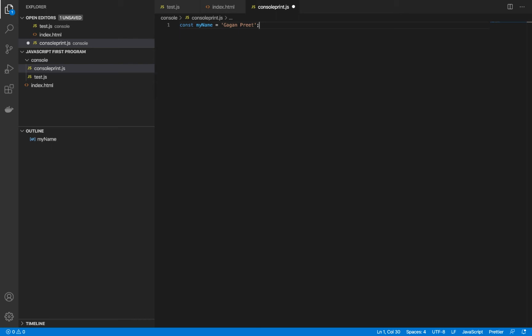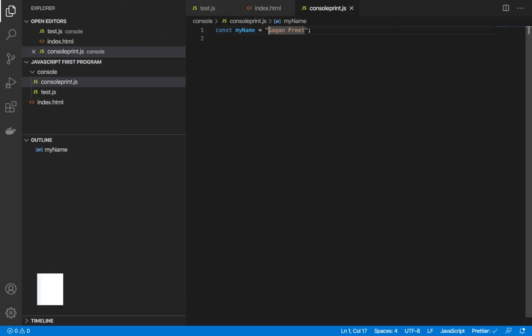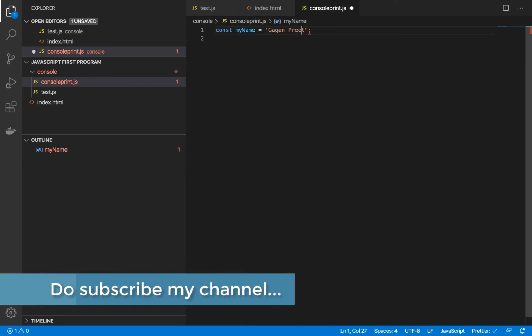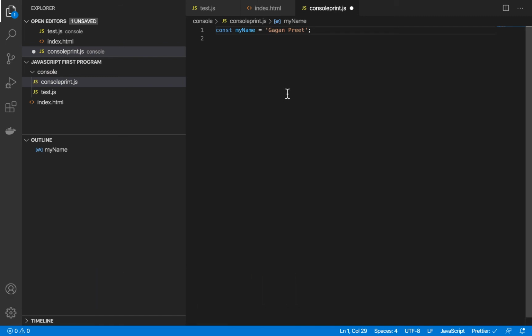Now once I click on save, you can see the single quotes have been changed to double quotes. Let me zoom in and show you again. So let's say if I change it again to single quotes. So what is happening here is, since Prettier is already installed and we have made the setting that is format on save, whenever we save, this file will be formatted, and Prettier will make its own decision using its own opinion. And as per Prettier, single quotes are not good, so they will be changed to double quotes. So if I save it, you can see yes, it has been changed.